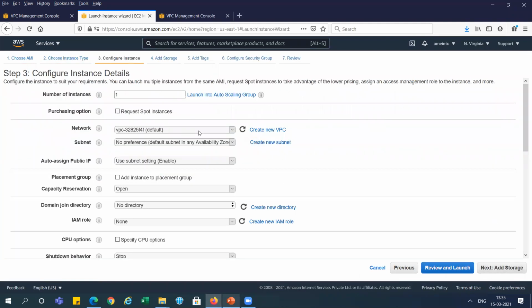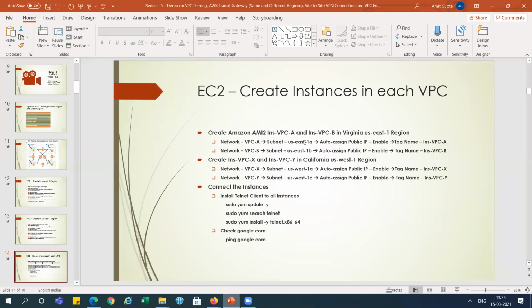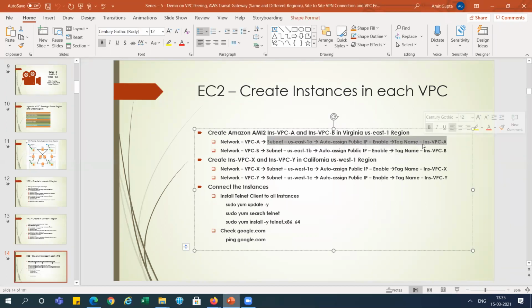And next here we need to go and select this instance configuration. You can see I will select here VPC A. And in VPC we have only one subnet which is already selected, public A. And auto assign public IP, so we need to assign this public IP for this instance, right? So you can see we have done the 3 steps. I've already mentioned over here, right? And instance name, I'm just copying here.